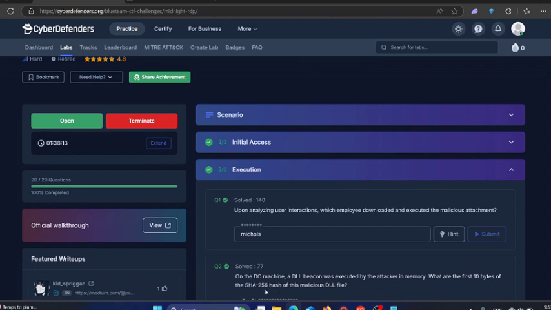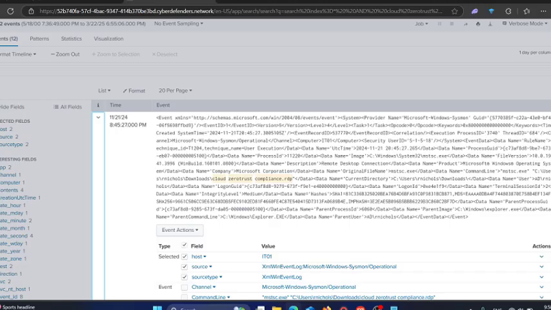So question number 2. On the DC machine, a DLL beacon was executed by the attacker in memory. What's the first 10 bytes of the SHA-256 of the malicious DLL file? All right. DLL beacons are used mostly for command and control. What attackers usually do is use frameworks like Cobalt Strike to post these beacons, to have a fileless kind of attack where they target the memory and so on. And if we assume that,